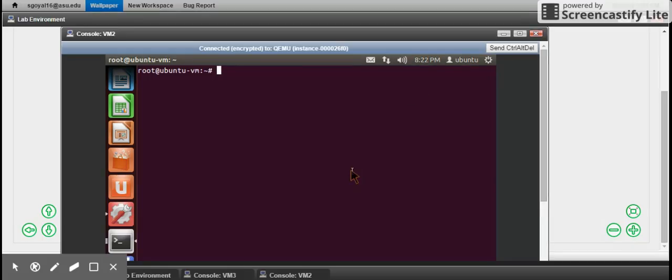So we need to configure the UFW in order to do so. So I've already written a script to prevent VM3 from telnetting into VM2 and vice versa. So this particular rule would prevent VM3 from telnetting into VM2 on port number 23. So when I execute this,